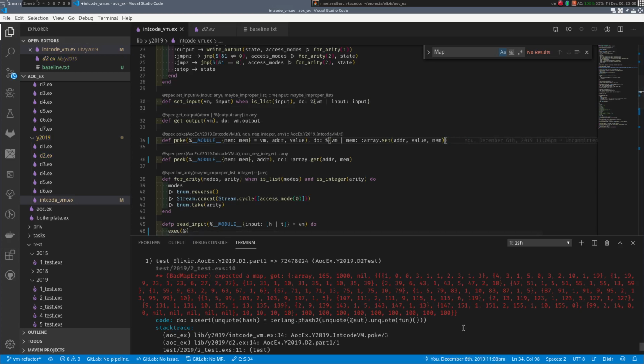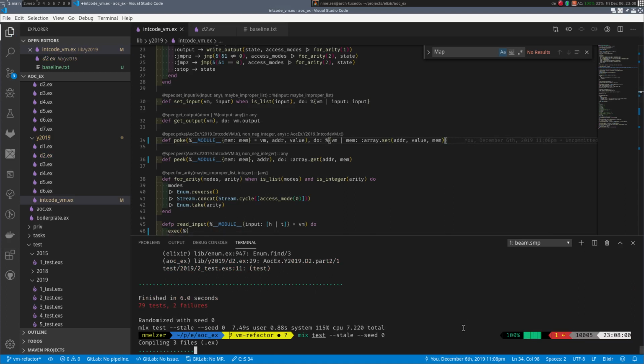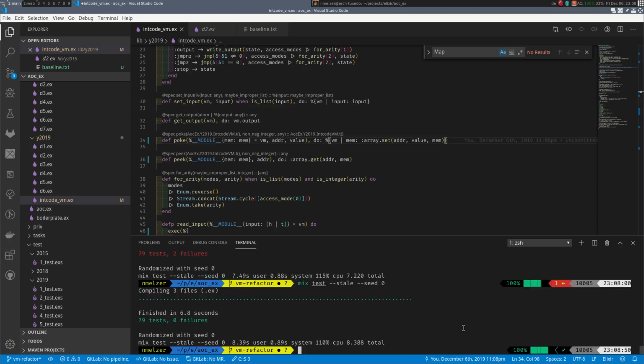Okay. Stylizer warnings are gone, so we can proceed. Okay, array is in, and we can do